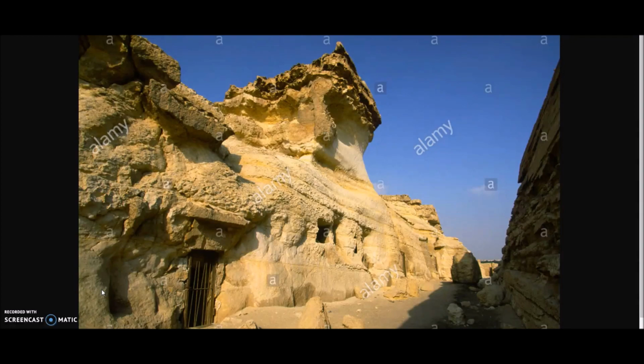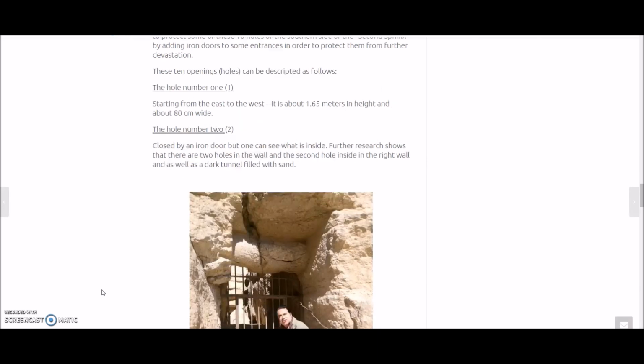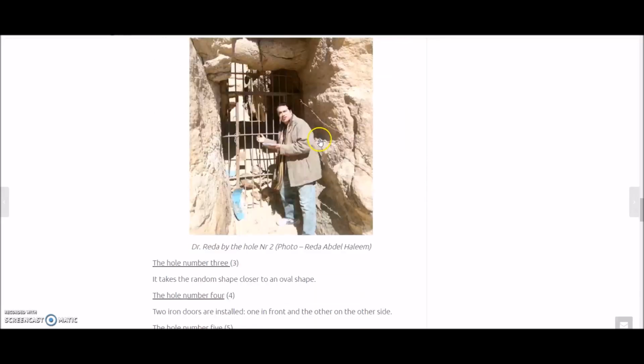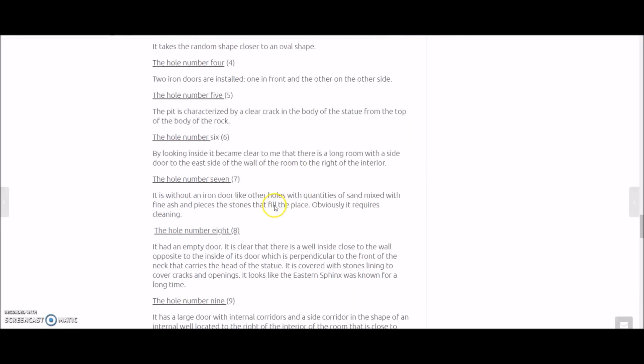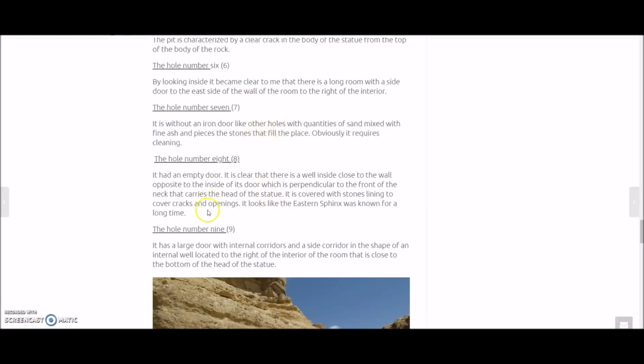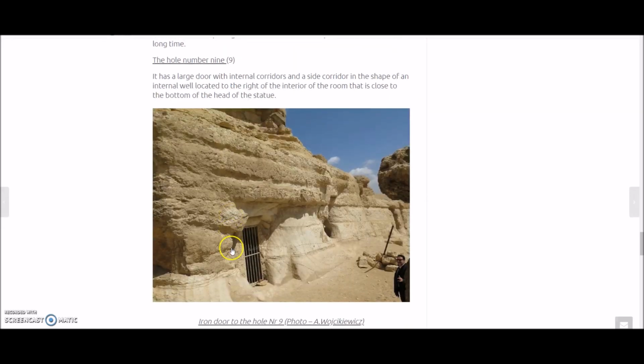And the reason why I'm bringing all that up is because in Dr. Halim's article, he points out the 10 openings in the structure and where they could go. Dark tunnel filled with sand. Obviously it requires cleaning, but other holes, corridors. So GCF1 is also riddled with holes and chambers and passages that could